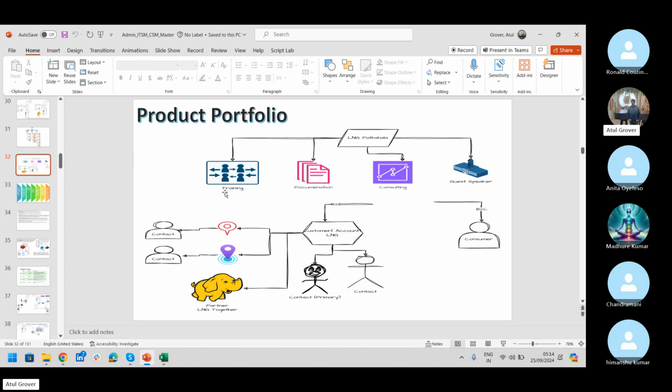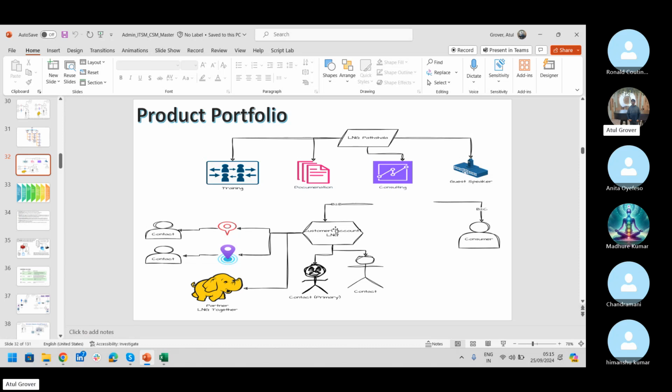Now it is up to the customers, the consumers, what they want to buy. Like Netflix. Netflix is giving a lot of services. Maybe you just subscribe to the English movies. That's fine. It's up to you. If you want to be subscribed, you can subscribe. So you're paying for that and getting the services. But in B2B,